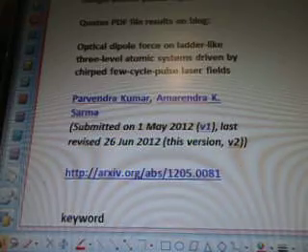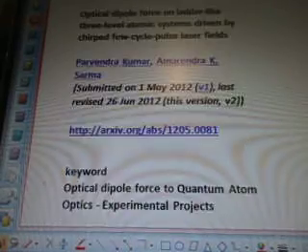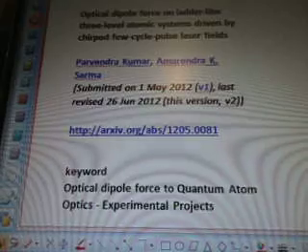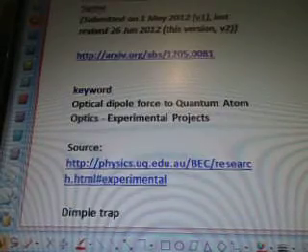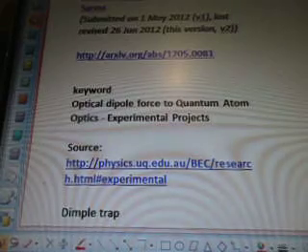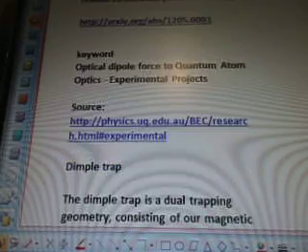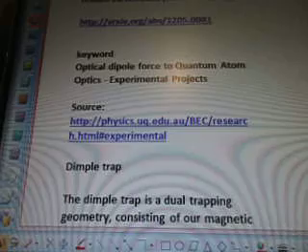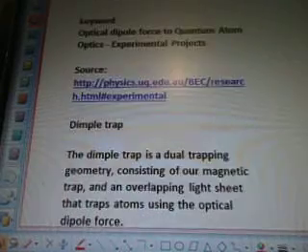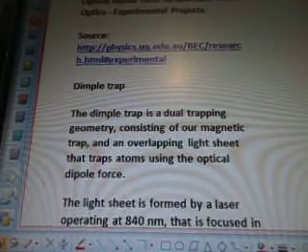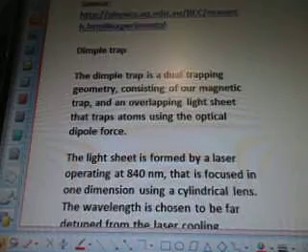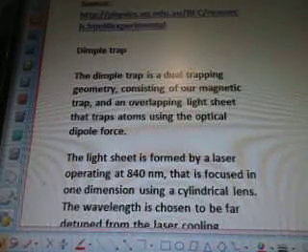There's the name of our scientist, and this is June 2012. The link is arxiv.org, and the keywords are optical dipole force to quantum atom optics experimental projects. That's from physics.uq.edu.au. So, dimple trap. The dimple trap is a dual trapping geometry consisting of our magnetic trap and an overlapping